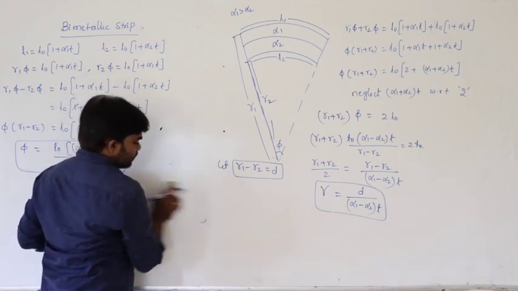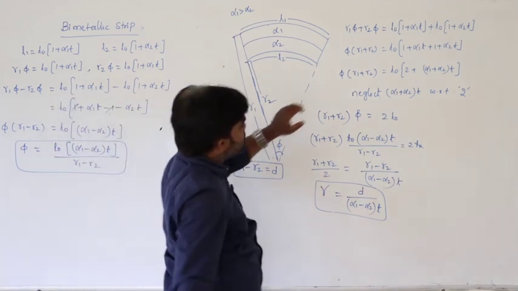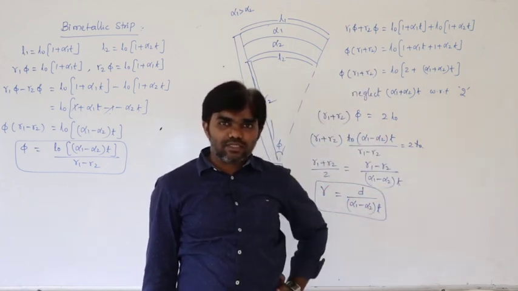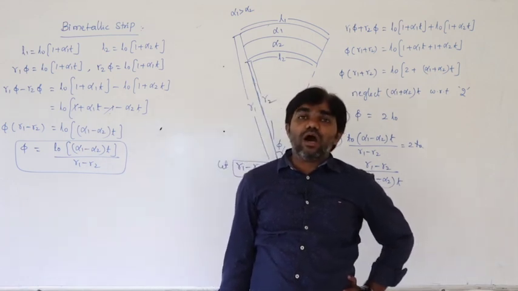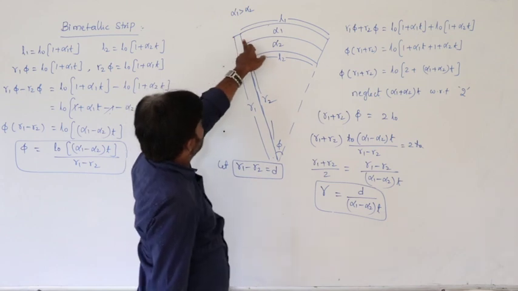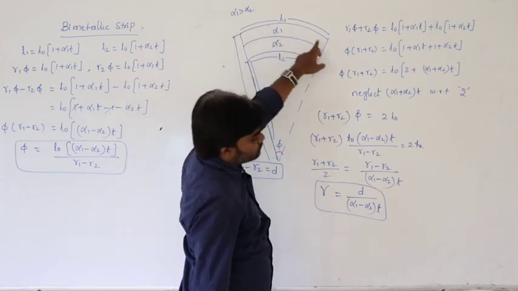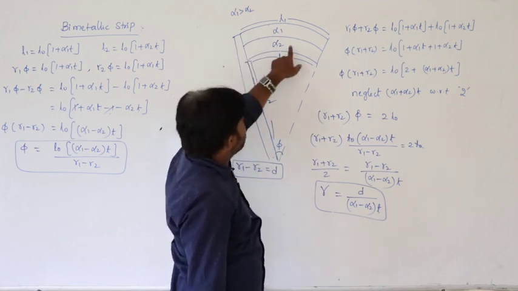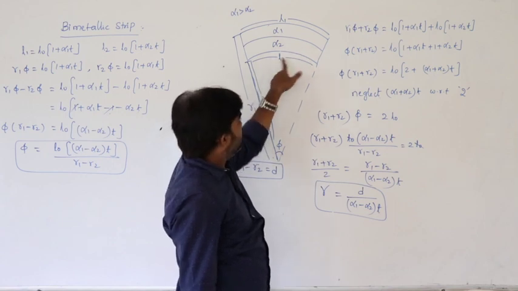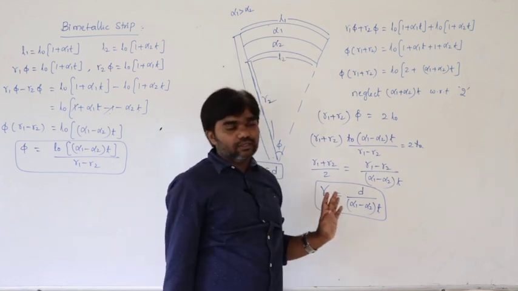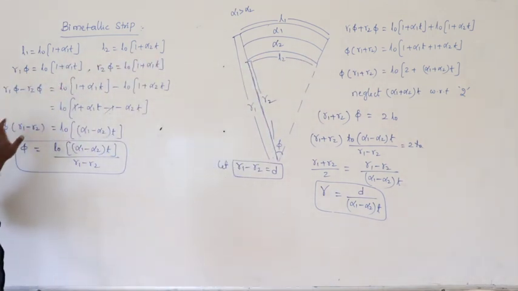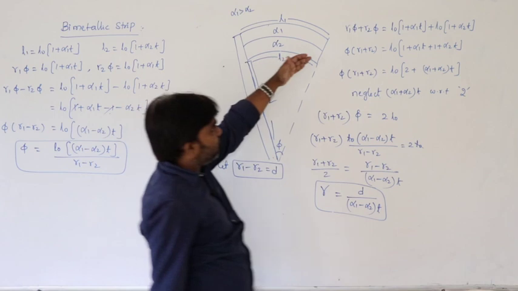Next, based on arc length, that means the angle subtended at the center, the angle subtended at the center is equal to arc length by radius. So for the first rod, the arc length is L1, and the angle phi is equal to L1 by R1. For the second rod, it is L2, phi is equal to L2 by R2. Based on that we calculated. So first I did R1 minus R2, R1 phi minus R2 phi. Here I am doing R1 phi plus R2 phi.